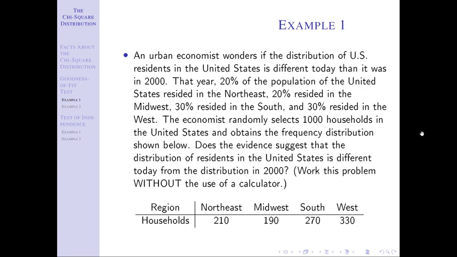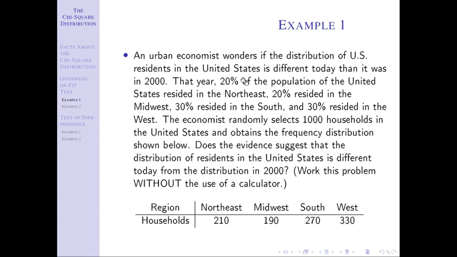Notice again, this is worked without the use of a calculator. This is one that the math should work out pretty simple for you. And so how do we know which type of test this is? Is this a goodness of fit test where we're saying all of the categories are equally likely, versus a goodness of fit test where we say it follows a proposed distribution? And again, it just goes back to what do I think is happening? Do I think all of the probabilities are the same or not?